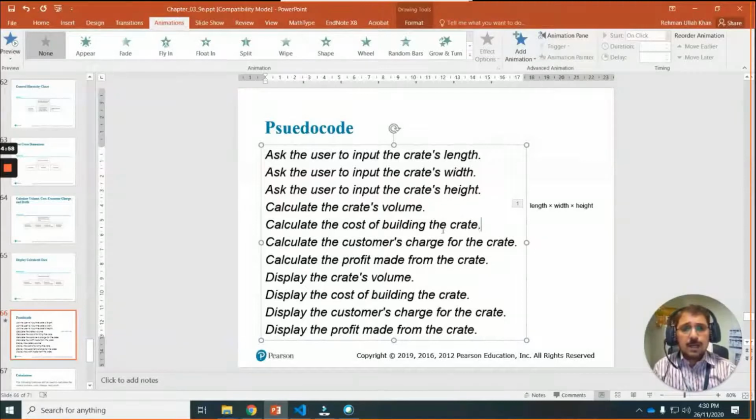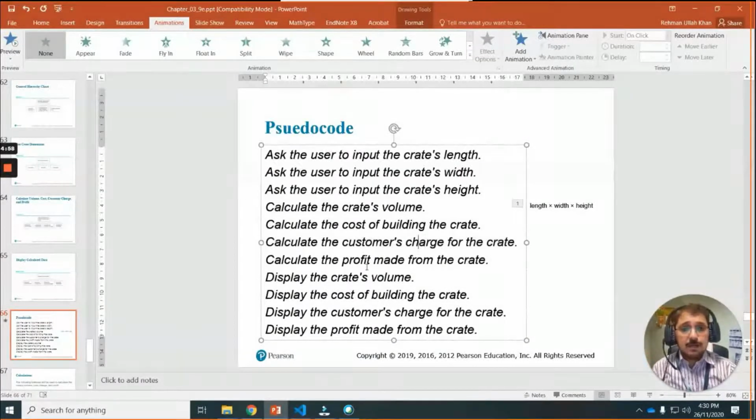Then calculate the cost of building the crate. You have the cubic rate, and once you have the volume, multiply the whole volume by the cubic rate and you get it. And then calculate the customer charges. You have the charge per cube and the whole volume, so the charge per cube multiplied by the whole volume gives the whole charges.